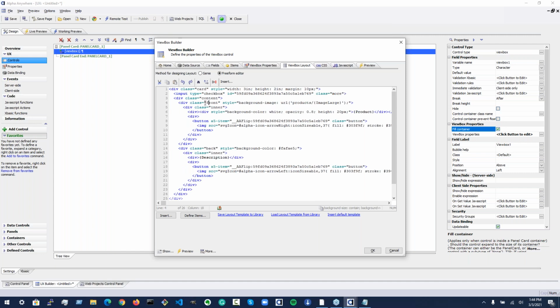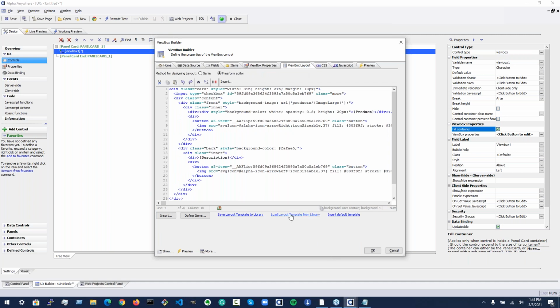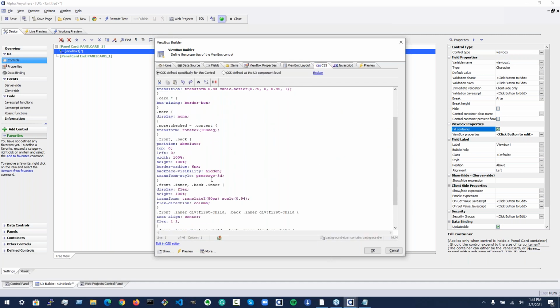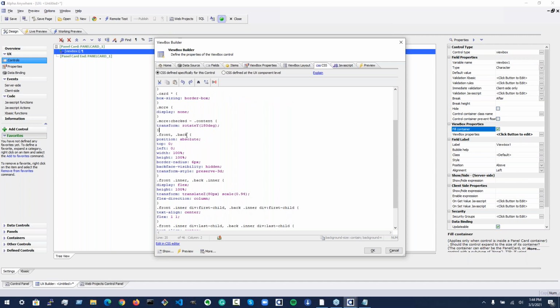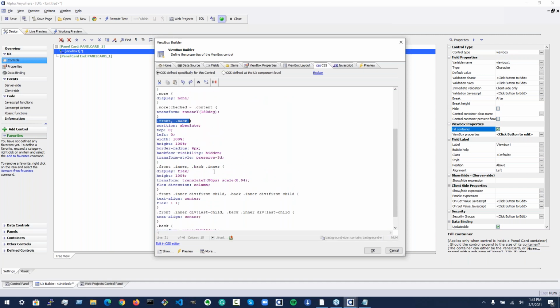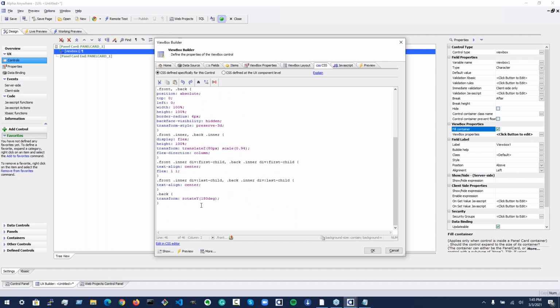We'll go find class front. And this stuff is all on the CSS tab. If you've inserted from this template library, the CSS will be over here. But I'm going to come down here and find front, and I'm seeing that front is hooked to back. They're joined together. So what I need to do here actually is make a new rule for front. And I'm going to put that down on the bottom, just so that front,